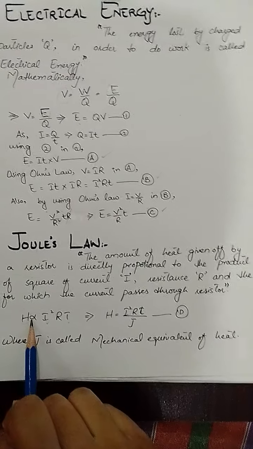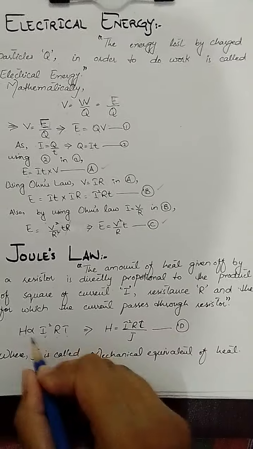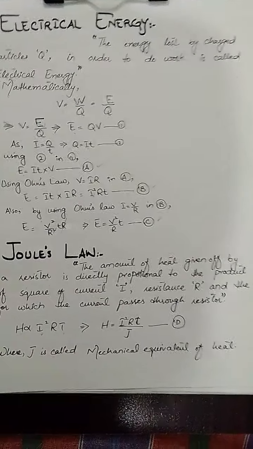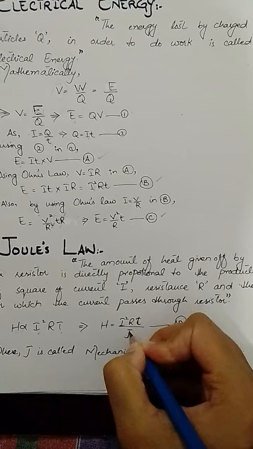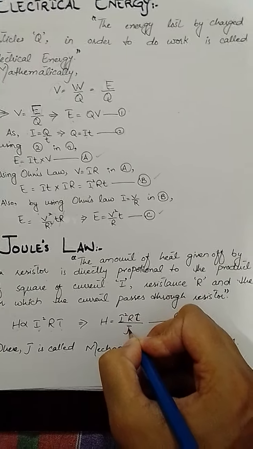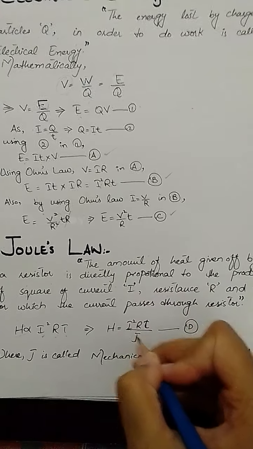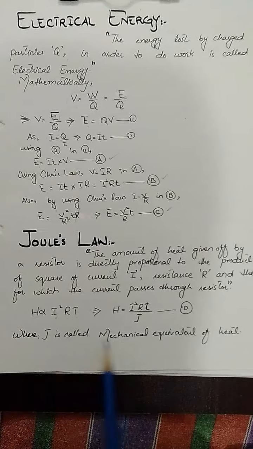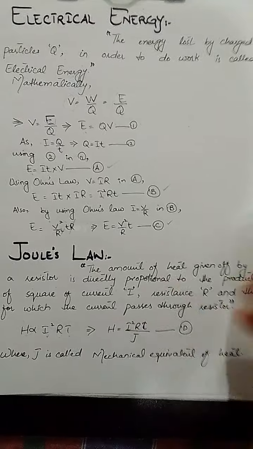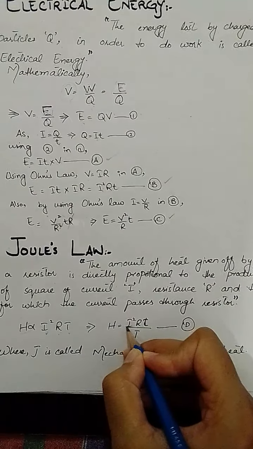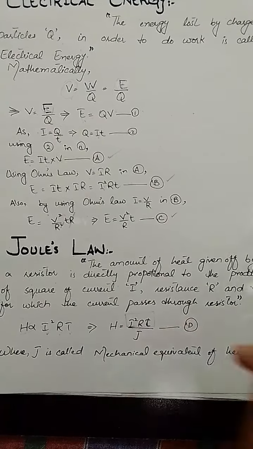So we are going to just convert this proportionality sign into equality sign. So proportionality को equality में change किया तो definitely we have to introduce some kind of constant over here. So this constant is called 1 by j. Okay, this is not just j. This constant is equal to 1 by j, and this j is called the mechanical equivalent of heat. Okay, so the heat given off is actually the product of all these parameters divided by